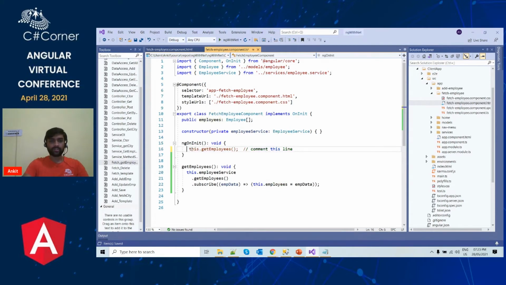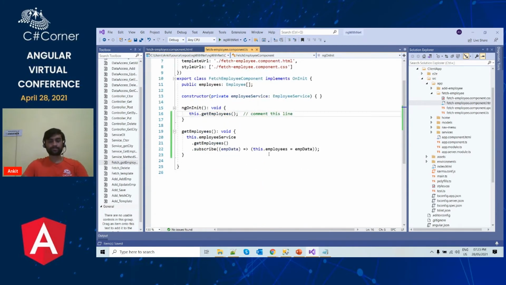Let me uncomment this code because we want this code to be called when the component is initialized. So as soon as the component is initialized, this get employees method will be called, and then we will fetch the data from our backend, and then the data will be shown on the UI.